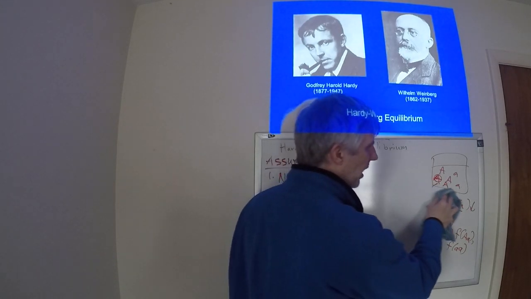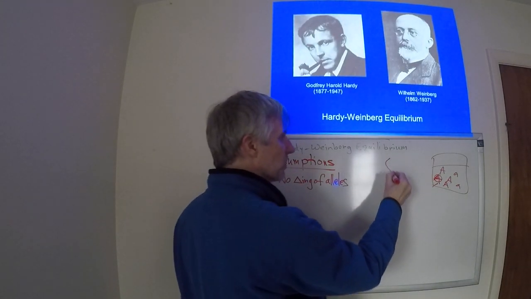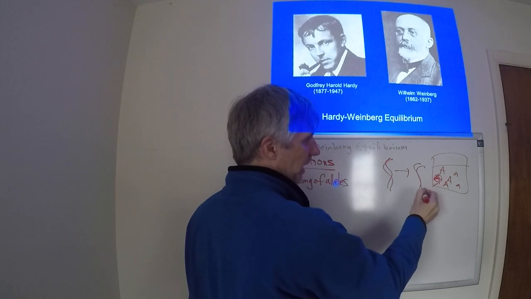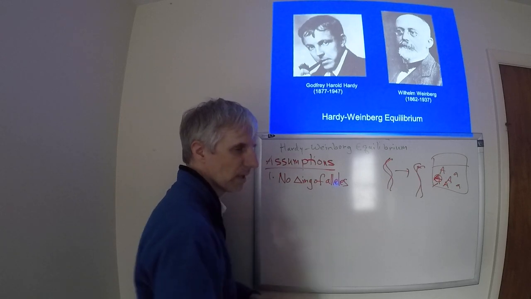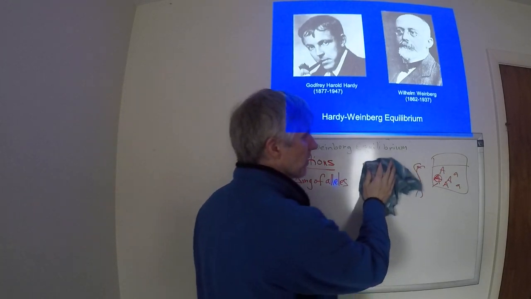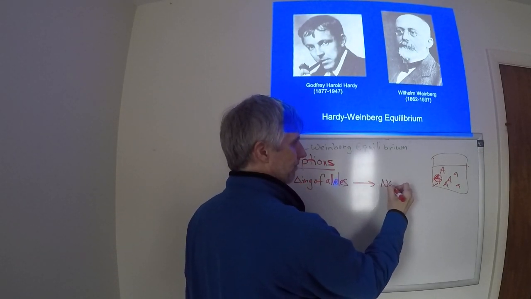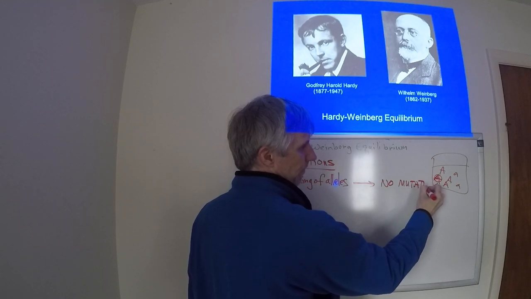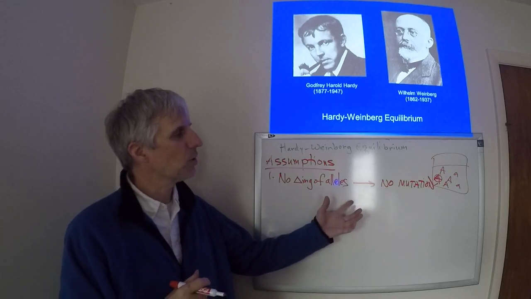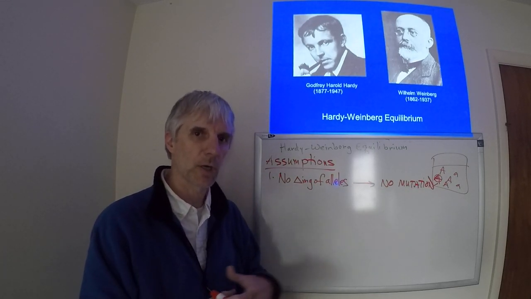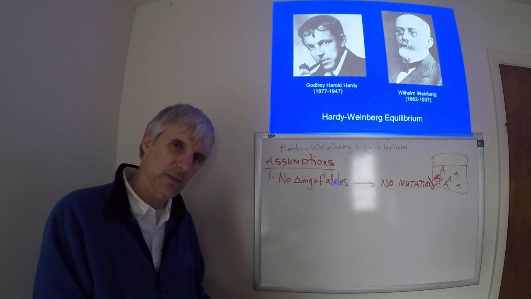I've reduced the frequency of the little a, and I've increased the frequency of the big A by changing one allele type into another. Well, it is possible biologically to take this DNA molecule and copy it into the next generation and make a mistake, change one allele into another, and that particular process we call mutation. Okay, we're going to call this mutation. So we have to assume in Hardy-Weinberg that mutations can't occur, because if they occur, they mess up our predictive ability. The model doesn't hold true anymore.